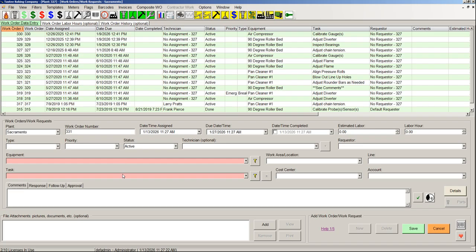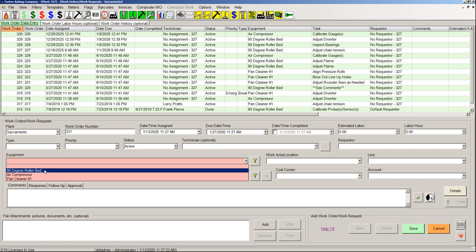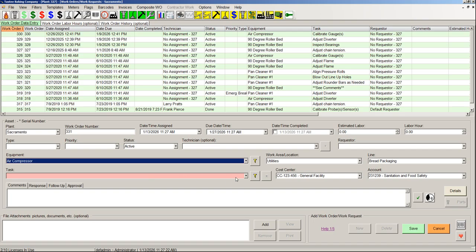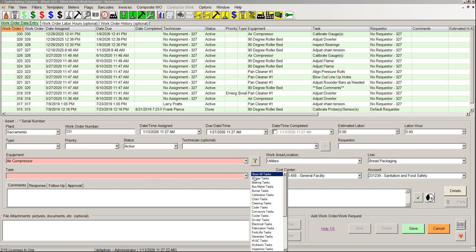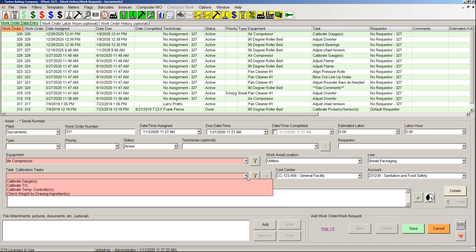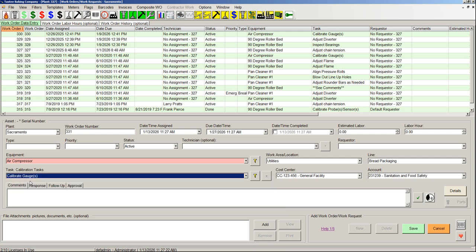You'll notice I only have two fields that are red. This represents required fields. I'll choose an equipment item, and I'll choose a task, and I can use a task filter if I'd like. I can also add other data to this, and I'll do that after I've finished saving this. So I'll click the Save button,